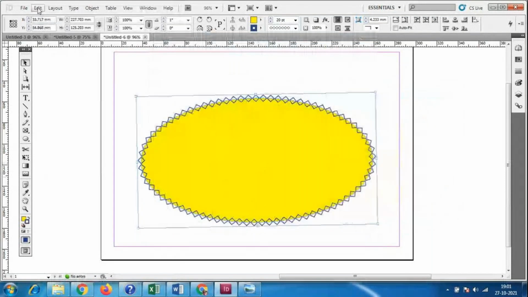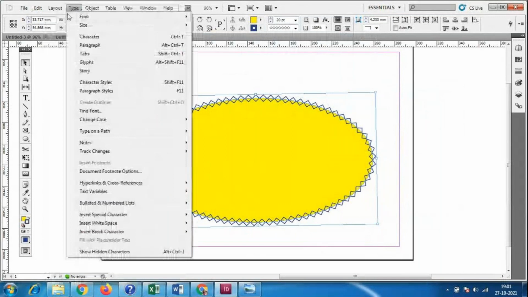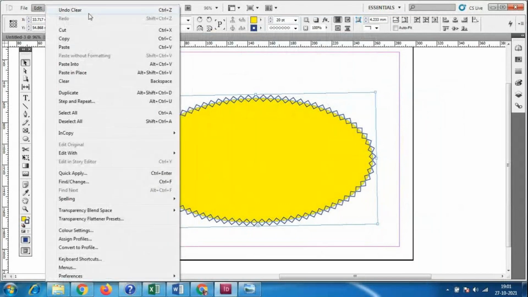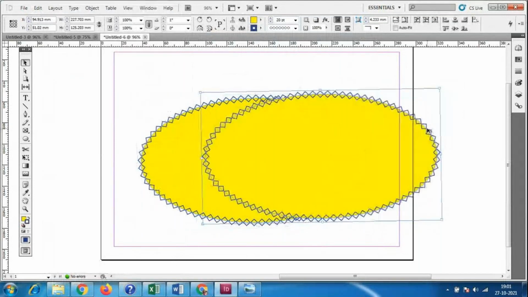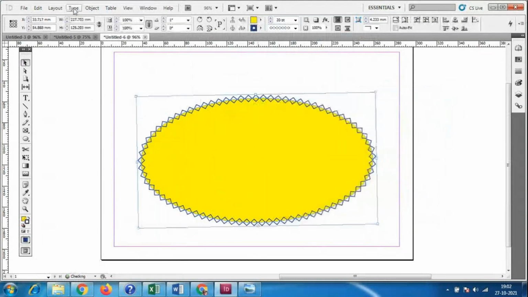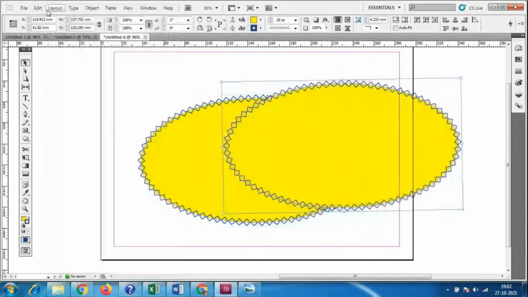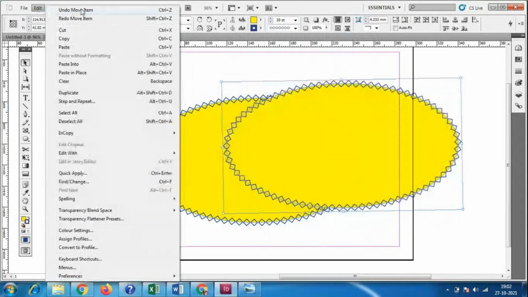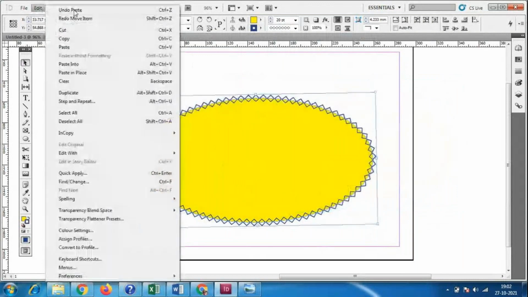And what else do we have? Control Z. Control Z is very important. Control Z, Control Alt Z, which is not working. With Control Z, only one or two times undo will work. Otherwise you can go to edit, undo. Each and everything you have to use this Control Z, and when it is not working, at that time you have to go to edit, undo, move items, edit, undo, move items. Like this you have to keep on clicking here and use this option.